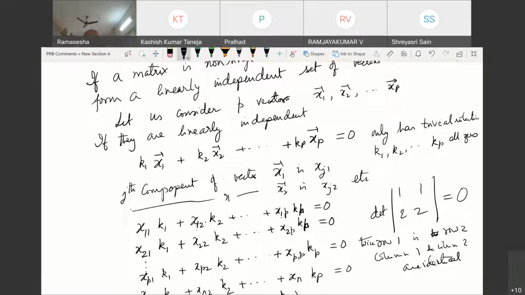So one way of checking whether the determinant is 0 or not is by this method, and this is exactly what we did in the case of Gram's determinant principle. If you take the Gram's determinant principle in the Cartesian coordinate system, into a basis which consists of E1, E2 to En, then you get exactly the same result.